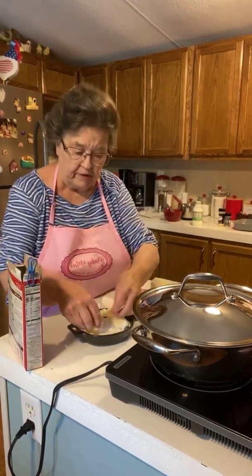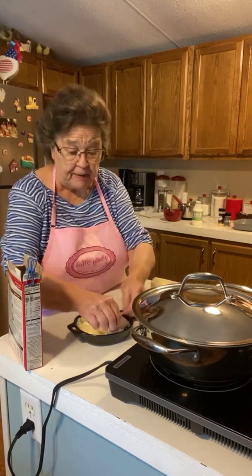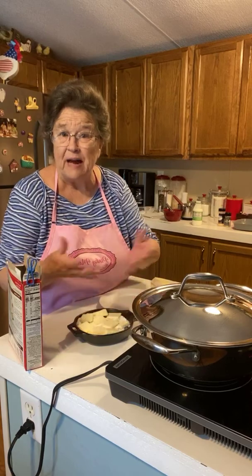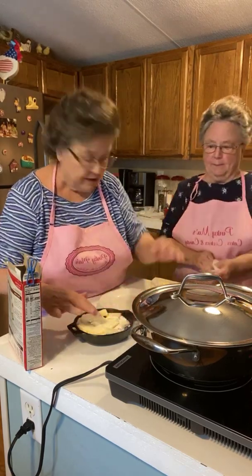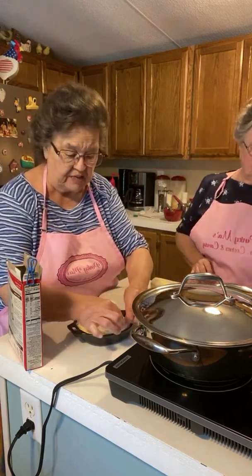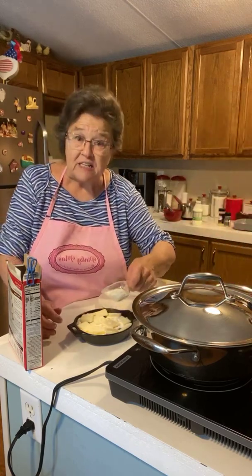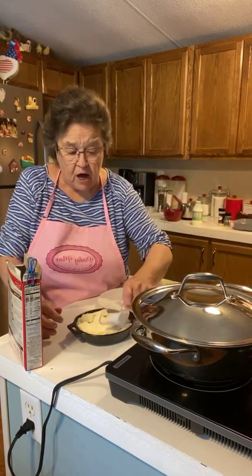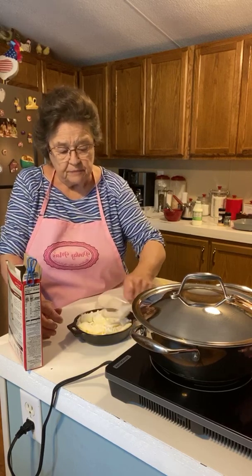It depends on the size of your pan, how much butter you put in it, but cover the pan in butter. So that's probably about 2 tablespoons. I just say that anyway. And then I put the rest of the half a cup, I kind of put it on top because when that butter starts melting, it gets real,